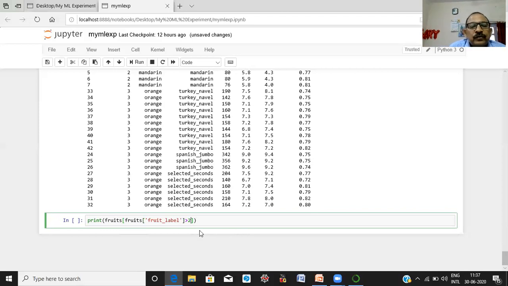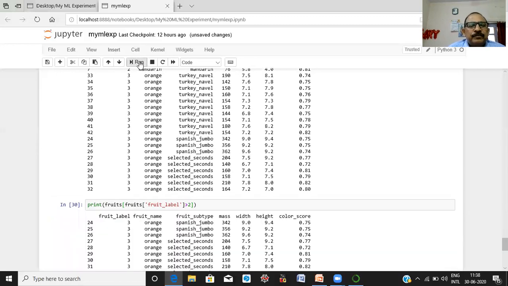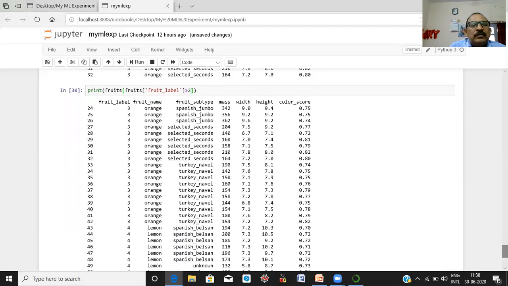Suppose we are interested only to look at the contents of our data set where fruit label is greater than 2. Let us see on the screen. Here on the screen you can see all the records having fruit label greater than 2, meaning 3 and 4. Okay.